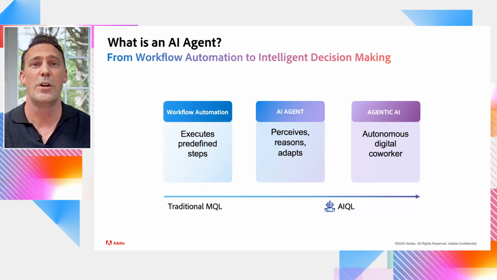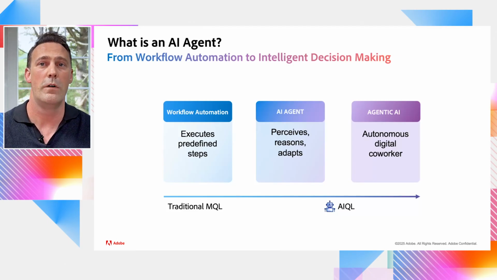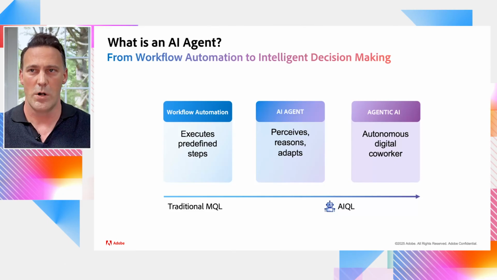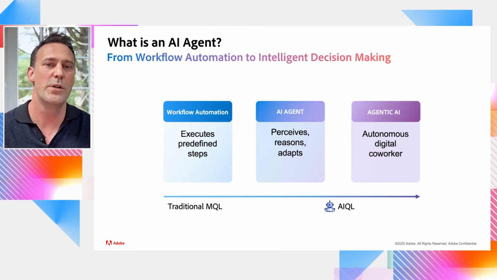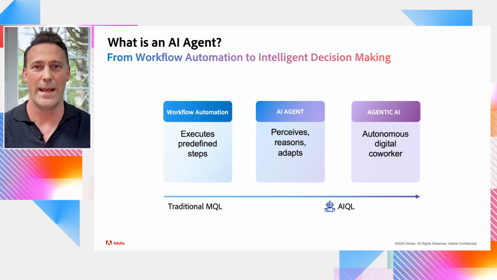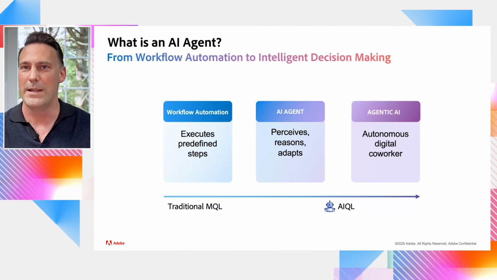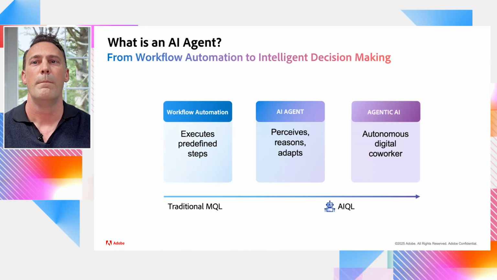Well, let's start with what an AI agent is. AI agent and agentic are buzzwords, and they're getting thrown around a lot lately. But what are they really? Let's start from a place we are all familiar with, and that's workflow automation. This is like a Marketo Smart campaign, where we set triggers and filters and specific actions. We might have some if-then logic in there, but for the most part, it's a rigid system with predefined rules